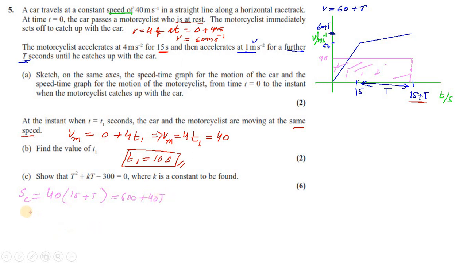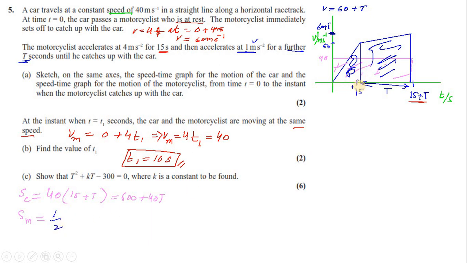And now the distance traveled by the motorcyclist, so SM. For the distance traveled by the motorcyclist, I am dividing it into two parts. This is the triangle here, and then this will be the trapezium. So the area of this triangle and the area of the trapezium will give me the distance. So the total distance traveled by the motorcyclist will be half of the area of the triangle, first